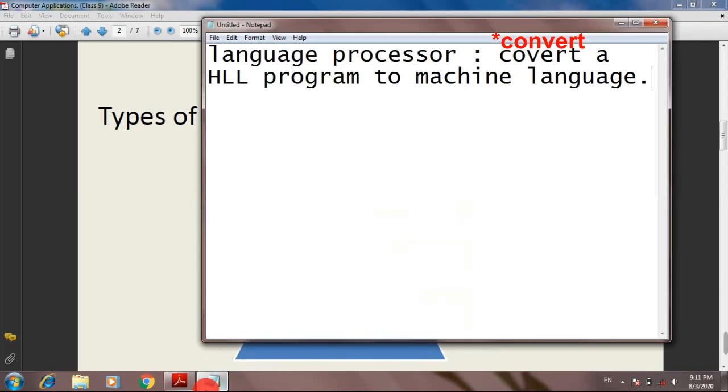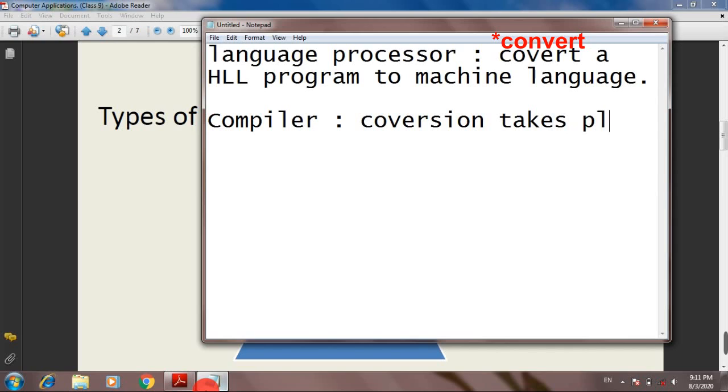So compiler also converts a program written in high level language to machine language, but here the process of conversion differs. In compiler, conversion takes place in one go.